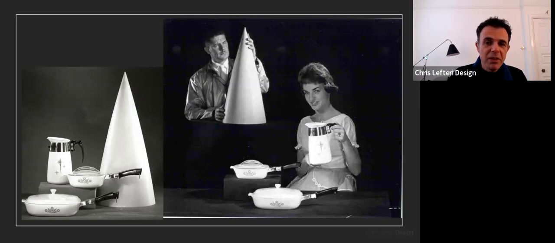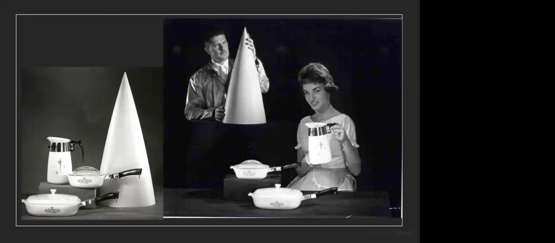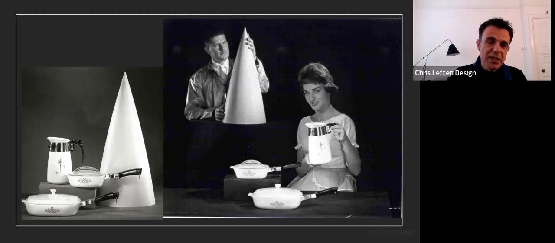It was the height of material innovation and science. And the reason that I picked this in terms of materials and stories is because the image on the right, which shows the housewife and then the scientist behind her with what is actually a missile nose cone, is a story, because the technology for this material, which is a glass ceramic, and the company that pioneered this is called Corning, and this is called Corning glass ceramic,